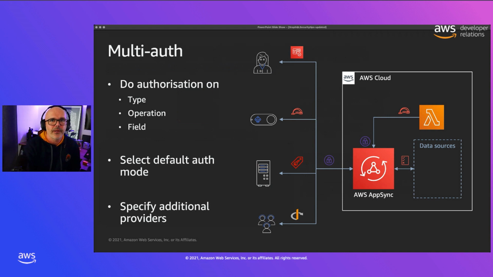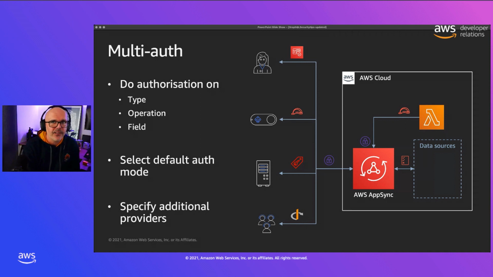All these modes work well by themselves, but AppSync also allows you to use one or many of these modes at the same time on a single API, which is great for application flexibility. This means that you can do multi-authorization on your API and grant different types of access depending on who or what is accessing your API. You could have, as shown in the diagram here, an AppSync system where you have a Lambda function that's running and periodically updating your API, and that Lambda function uses an IAM role to gain access to AppSync.